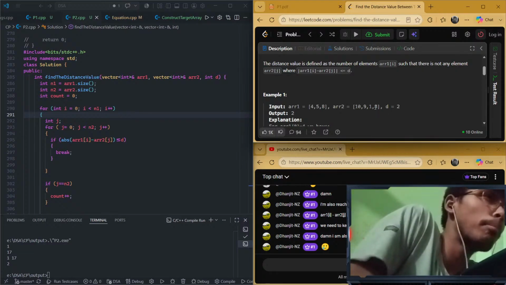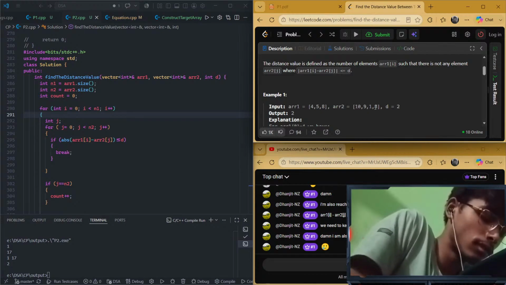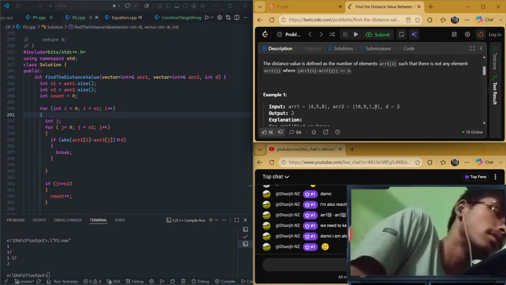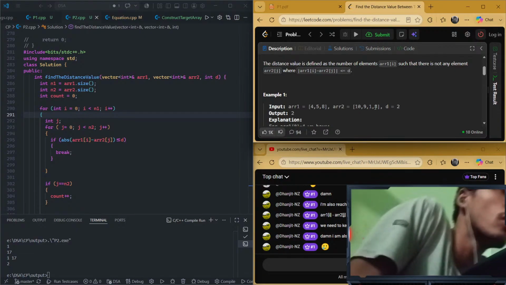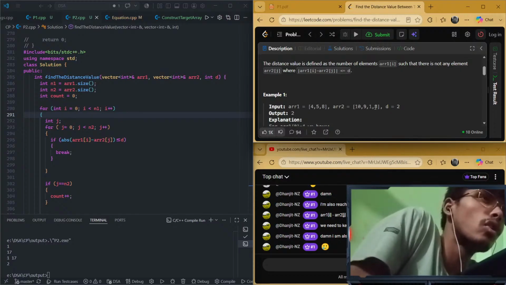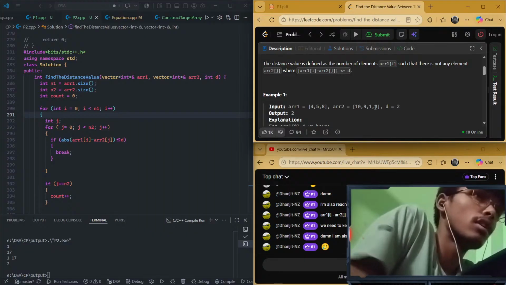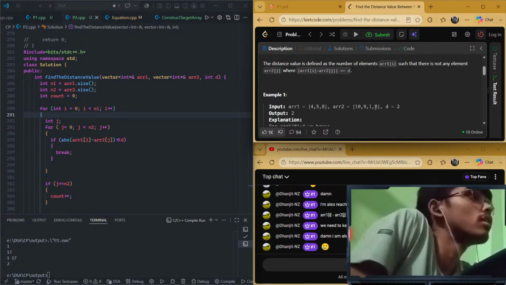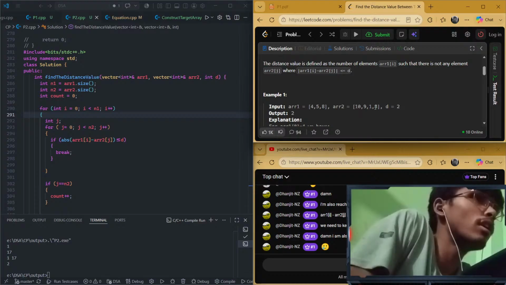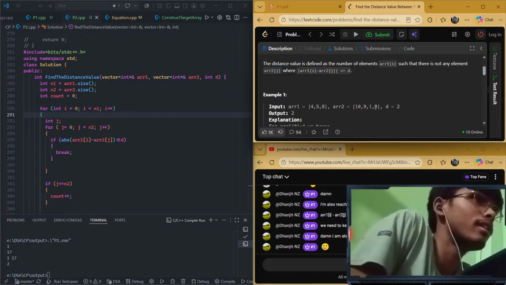If I take the minimum element, hmm, what can I think? I know that if I find the absolute difference between the two elements, and if I want the distance or the absolute difference between the two elements to be less than or equal to d,